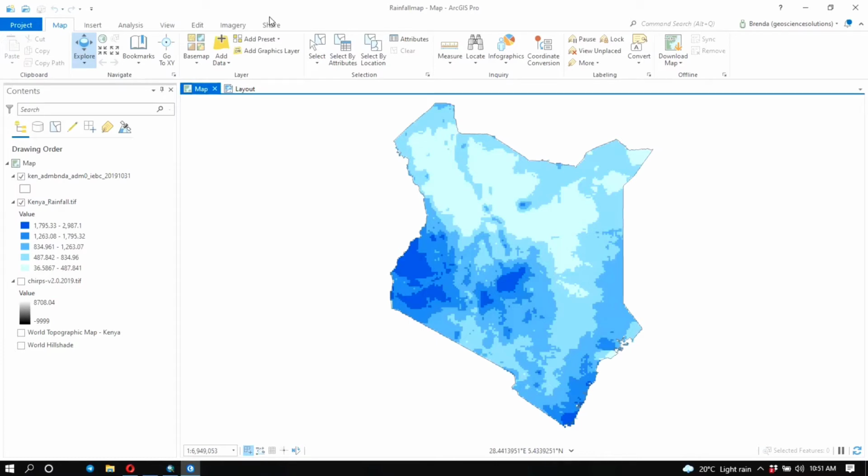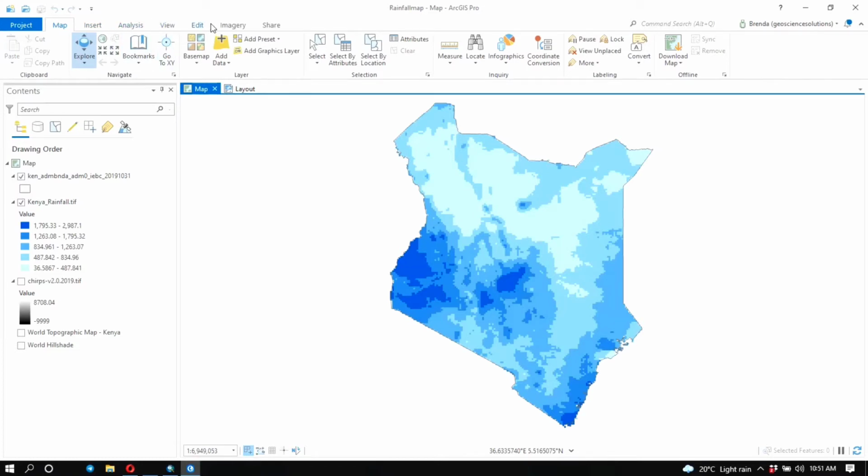So the other thing is that the graphical user interface, you can see that they are totally different. For ArcGIS Pro, it's ribbon based. That is, it's kind of user friendly compared to ArcMap because it guides you on the tools that you need. So when you see here, we have these tabs up here. When you click on the map, it gives you the tools that you need when you're dealing with the map. Things like to explore the map, and you have things like insert, analysis, if you want to do analysis, view,